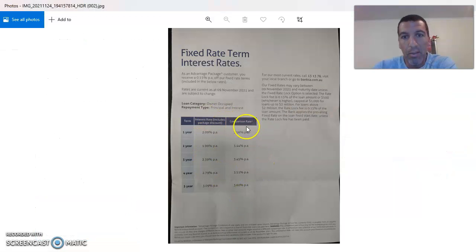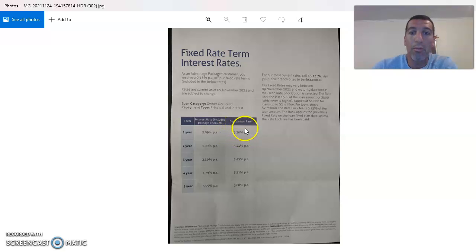So the first thing I wanted to nail was comparison rate. What a comparison rate is, it's all the fees included. It's the application fee, it's the monthly fee, it's the yearly fee, it's all different inclusions that aren't advertised when you've got the advertised rate. That's why the comparison rate is so important, because it made the lenders and the banks actually